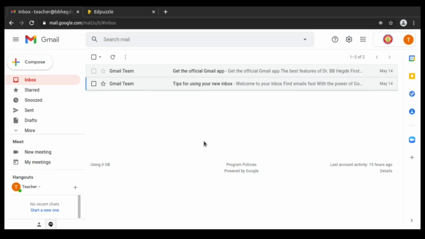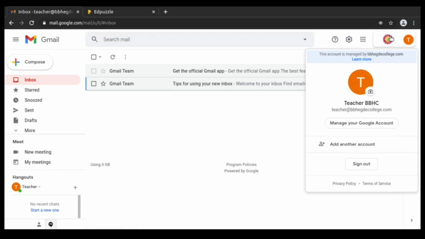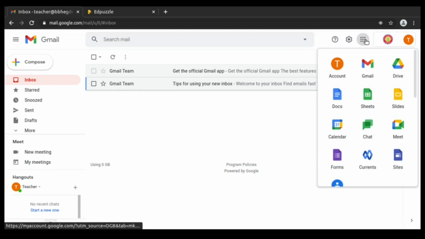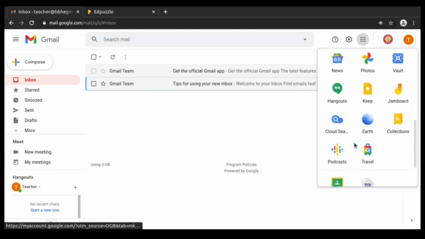Accordingly, we get different screens. A small prerequisite to the video is you should have access to your official email ID. You should have already created the class with your classroom. You have already added or invited your students to the class. Here we have all set with the prerequisite. I have just logged into the Gmail account, which is an official account as a teacher. So teacher with the school name. I'm just moving to the classroom.